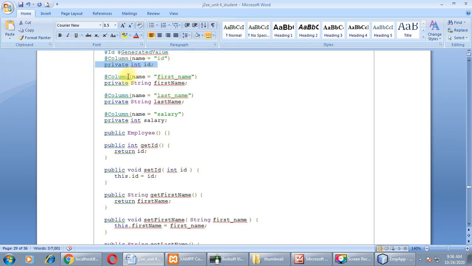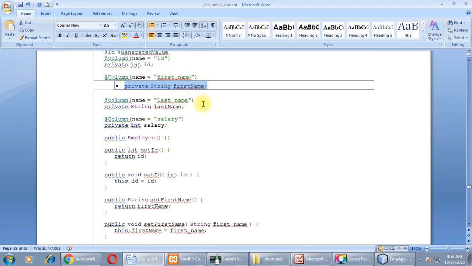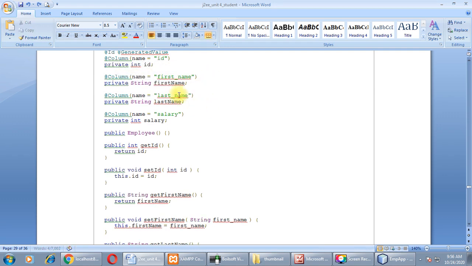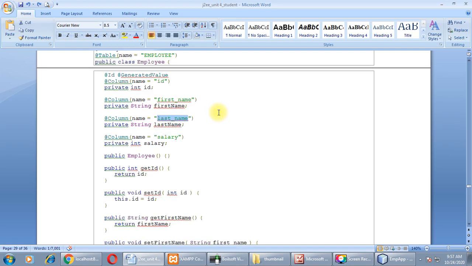You have to write this annotation exactly above the variable declaration in this POJO file, right? First name, last name, salary. These are all private members of this class, and here you can see with this name the column is declared in our employee table, right?